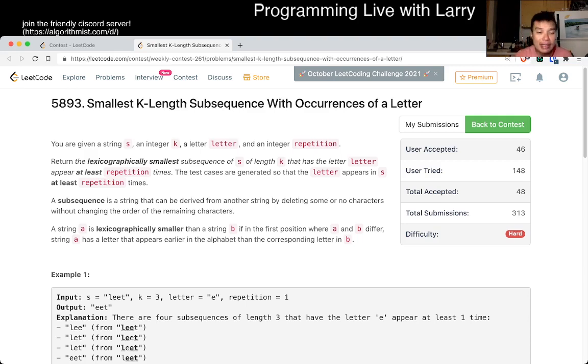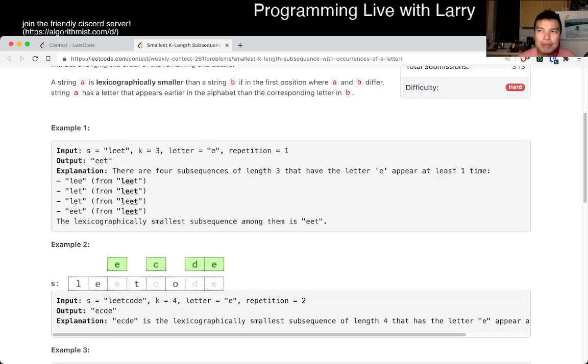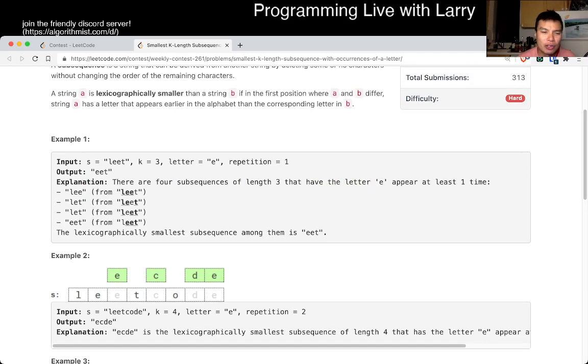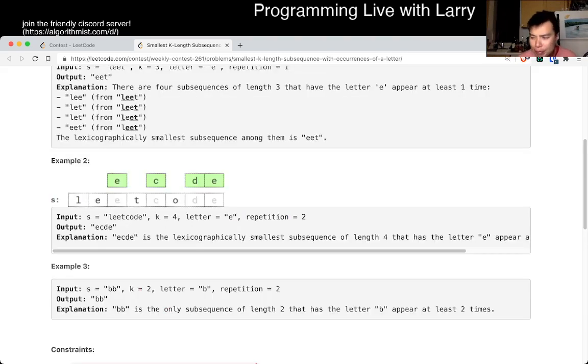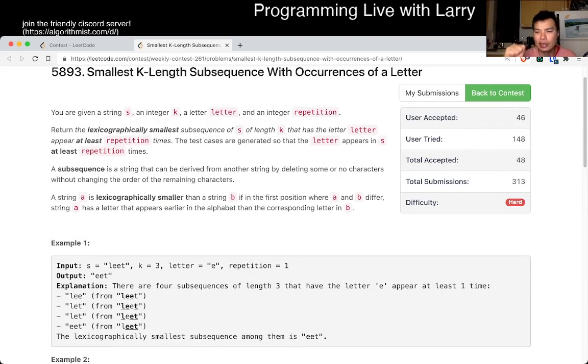And the way that I would solve this problem is greedy. I don't know if I would call it greedy, but let's call it greedy. We know that we have to have K letters, and we know that we have to have a repetition number of a letter. These are the constraints that we have, and we have to construct this from the subsequence. So the greedy part is asking yourself, one character at a time,